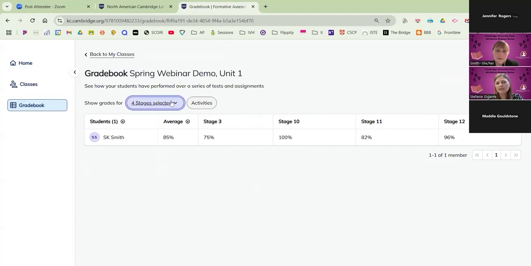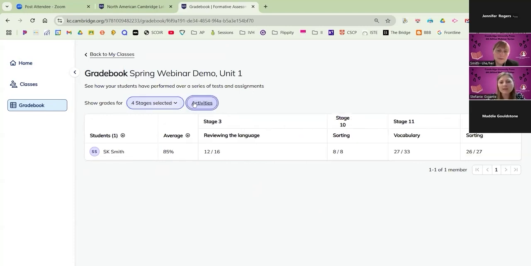Or you could take an average of whatever it is. And then you can look at the activities that they did. But then this also gives you an idea of, well, I assigned you 3 different activities in stage 10. So although, yes, I'm looking at this lovely average of 100%, I need you to do all the other activities first so that I know that you have the proficiency percentage that I would like before I let you move